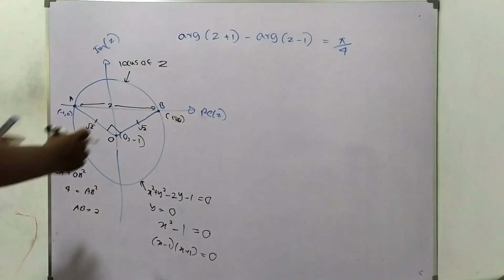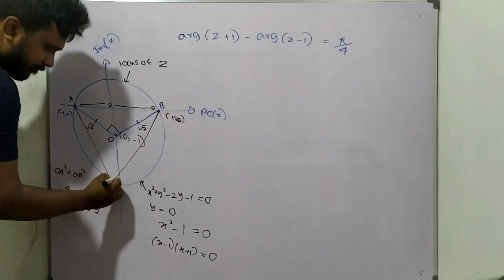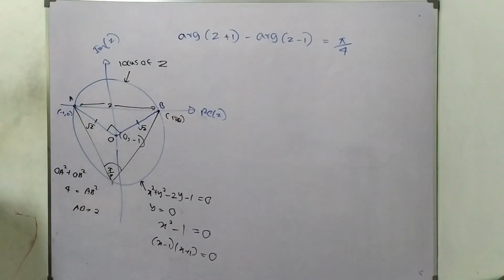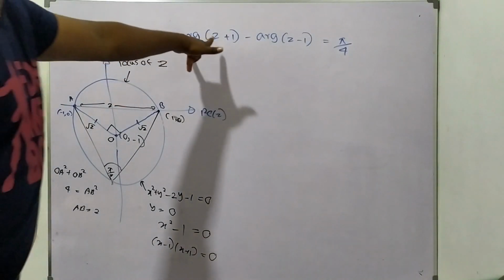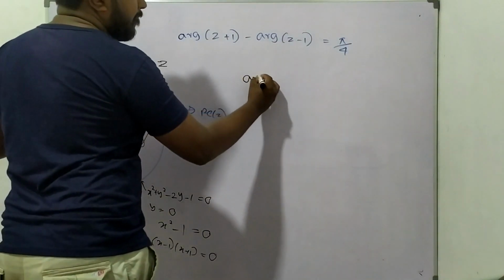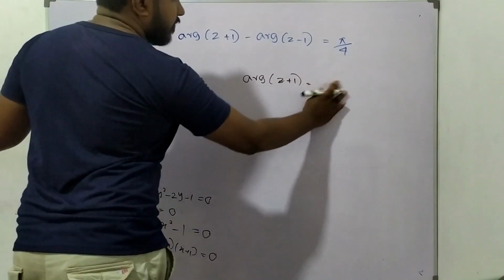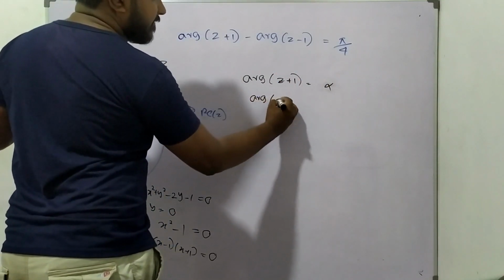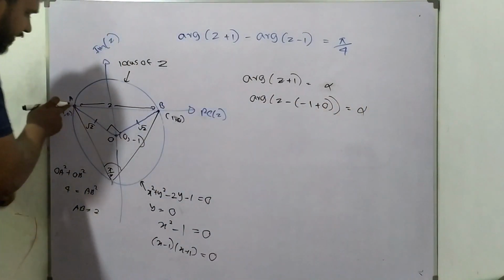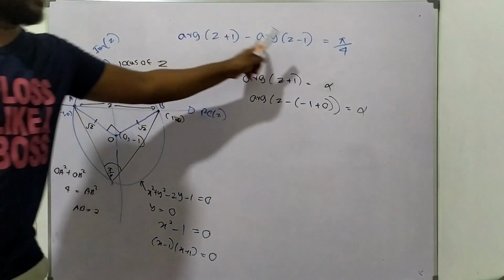Right? So if it is a right angle triangle, this angle becomes pi by 4. So actually this is arg(z+1), arg(z-1). So what is arg(z+1)? Assume it's theta 1. So alpha. So it's arg(z-1) plus 0 equal alpha. So it is here. This is arg(z+1). This is arg(z-1). And the difference is pi by 4.